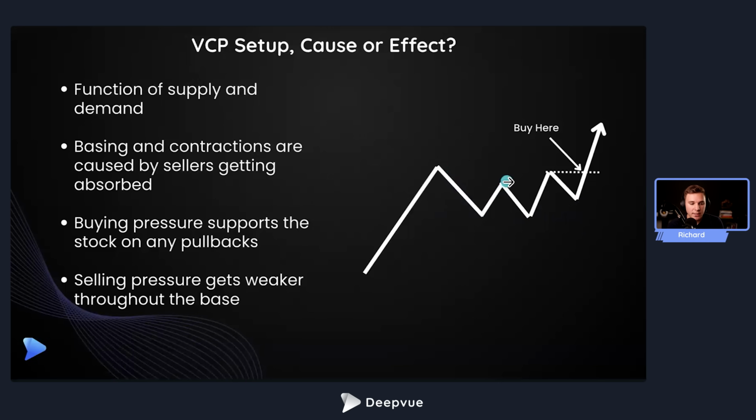And as they accumulate, as I mentioned, they kind of bring up and contain and absorb all the supply that's coming to market, and that leads to the contraction that we see. And then finally, once they're done accumulating, or enough individuals and institutions start accumulating, then we get that breakout, and we see that continued push upward. But it's not really a pattern to memorize. It's a framework